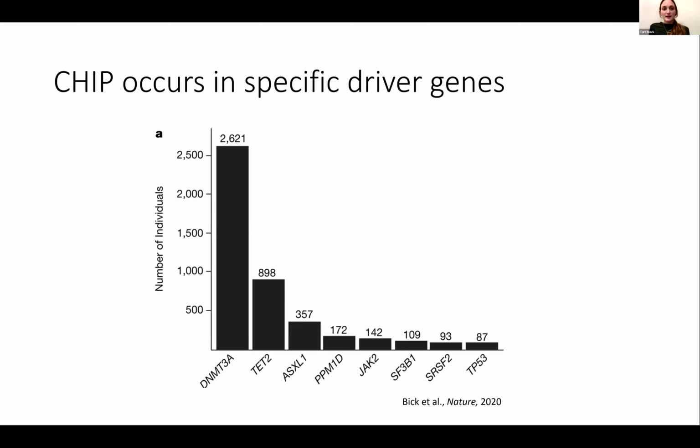And one last really interesting thing is, like I said before, these CHIP mutations are in a specific list of leukemia-associated genes that are previously established to be blood cancer causing. And so this is a specific set of genes and a specific set of variants on those genes. However, it's interesting that you don't see an equal frequency of these mutations across all the possible genes. So there's 74 possible genes. However, two-thirds of people with CHIP tend to have either a DNMT3A or a TET2 mutation, and the ones listed here are the most common genes. And so you tend to see that most individuals have mutations on these genes, and that there's a long tail of less frequently occurring gene mutations.